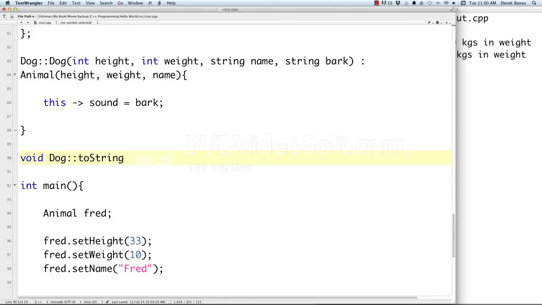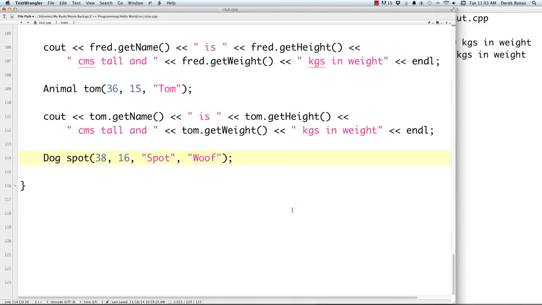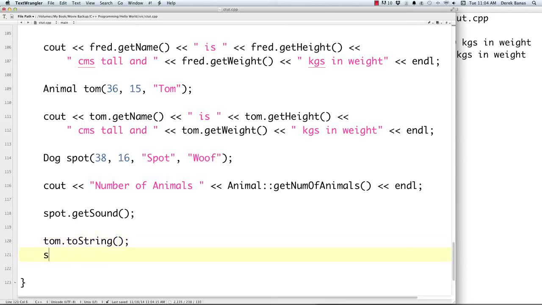Also could come in here because toString also changed. So let's go in here and change it. And the sound is going to be wolf. If I also just want to demonstrate using static methods here, go cout number of animals that were created, animal, and to call a static method you go get num of animals, I believe that's what I called it, find out in a second, and I'm also going to be able to go spot dot get sound, and we could also go in and get Tom test toString, which basically does what all that other stuff did up there,